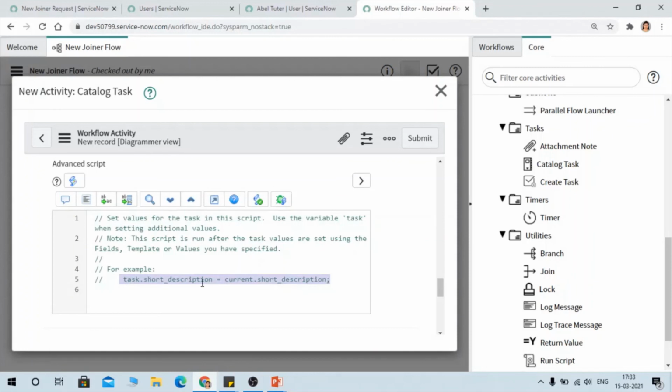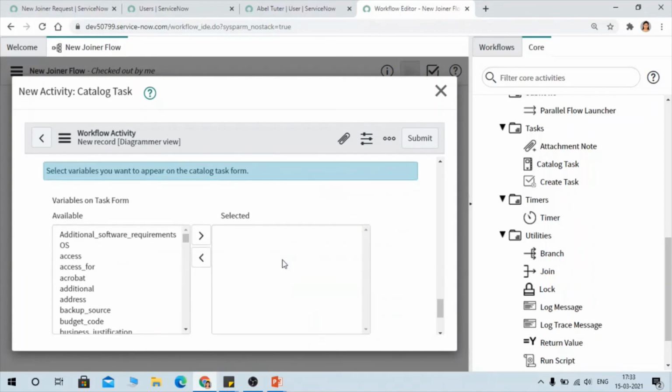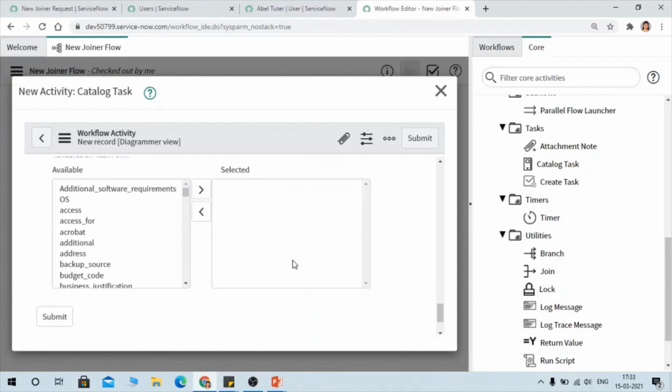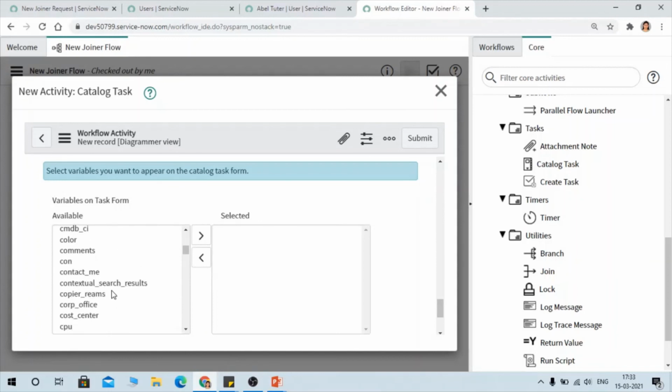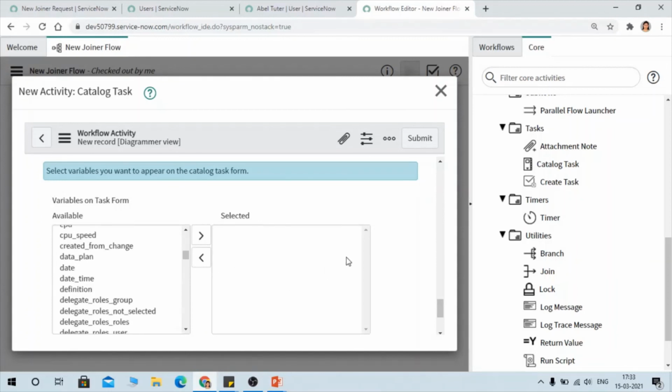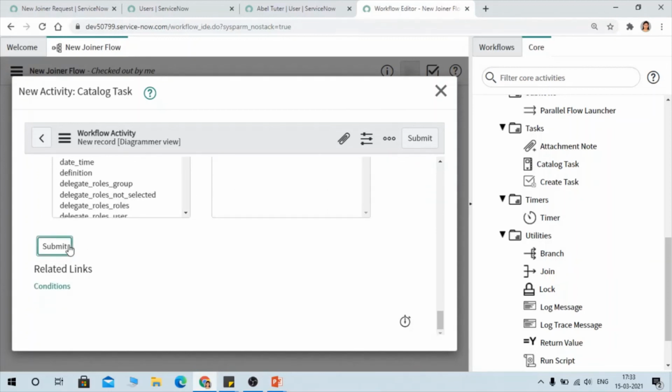So task dot short description, current dot short description. So this kind of dynamic thing can be done by using a script. So we are not doing such things, so it is fine. So here these are the variables you have. So you can select anything from here and you can show it on the task. So that is also not required. I'm submitting it.